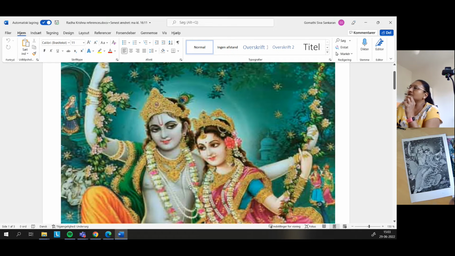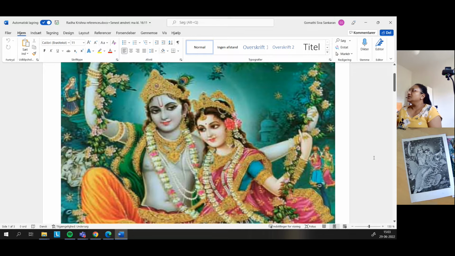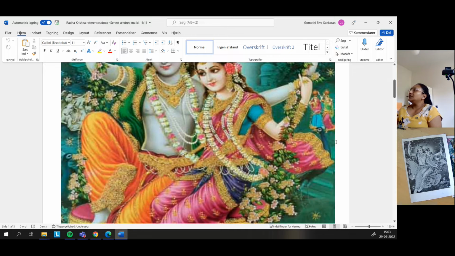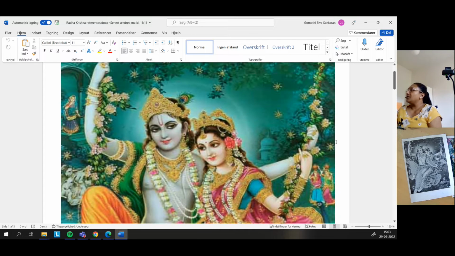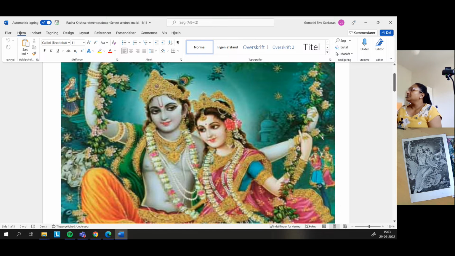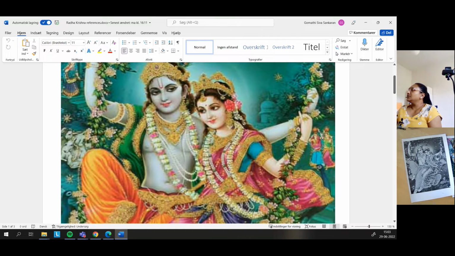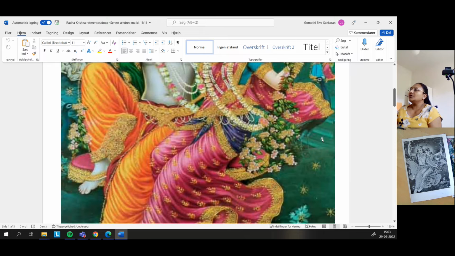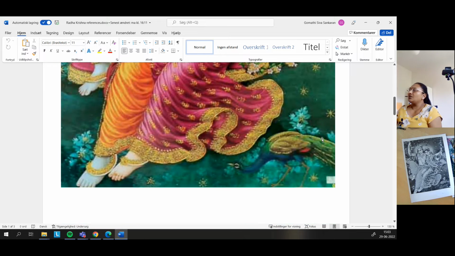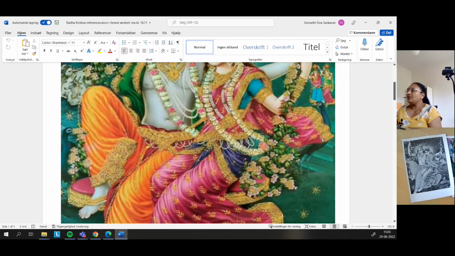I can see there is this cow, the element of having Mother Yashoda around, and the gopis, the girls. And the background really talks about all the nice things that he has been through, and the peacock and so on. So there are a lot of elements